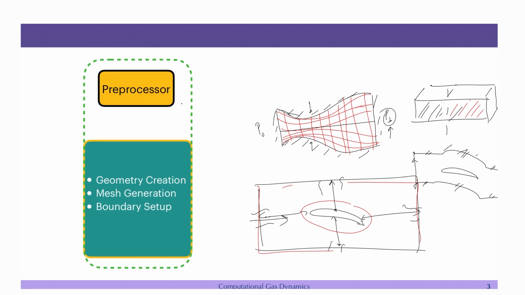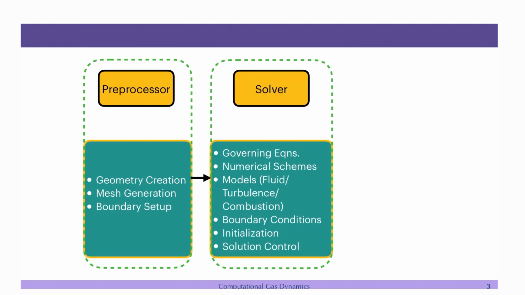So, after you have done pre-processing, then what you need to do is set up a solver. First of all, you have to decide what kind of equation you are going to use, whether it is incompressible, compressible, whether it is steady or unsteady, whether it is laminar or turbulent. So, depending on your choice and your simulation technique, your equation may change. What kind of numerical scheme, whether you want to use Roe, whether you want to use HLL, HLLC, if it is compressible,